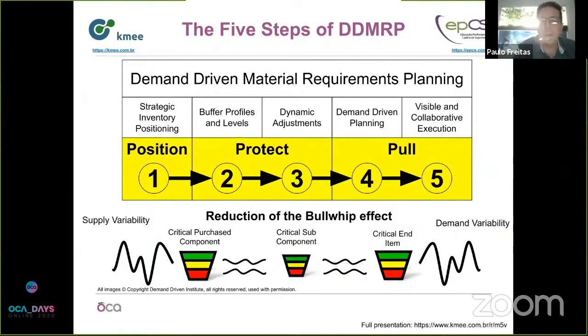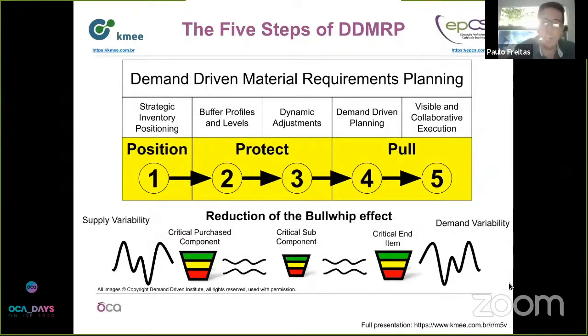And then the fourth and the fifth stage is the pull. That's where you have your operational work and demand-driven planning gets into action. And there the buffer serves another function, which is to generate the resupply order. This is something that's going to be visible in a demonstration that Louis will do. It is the responsibility of the buffer to generate the next purchase order and the quantity, and this is also dynamic.